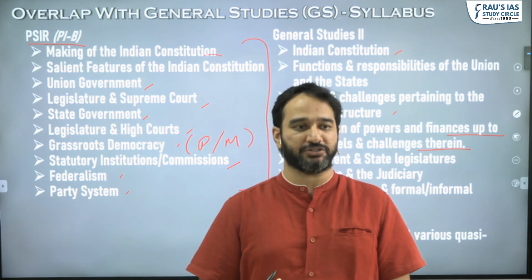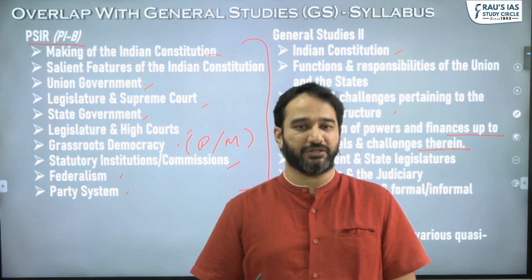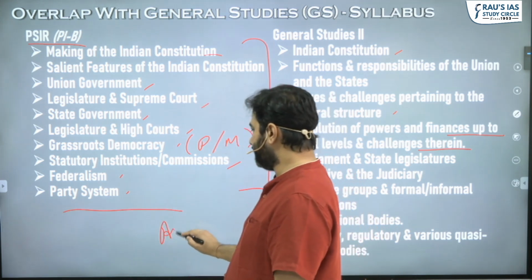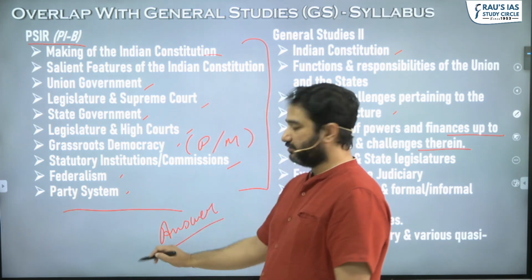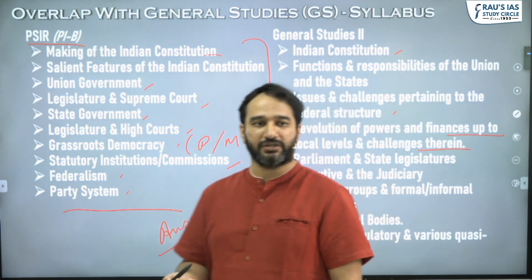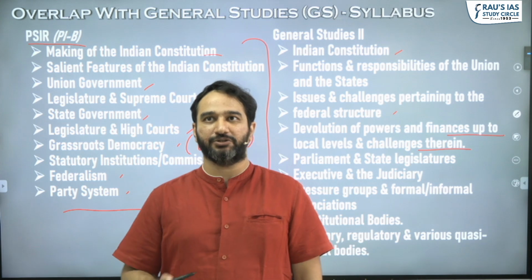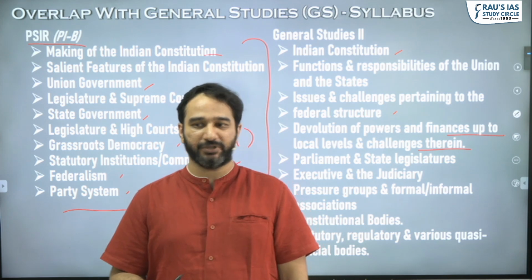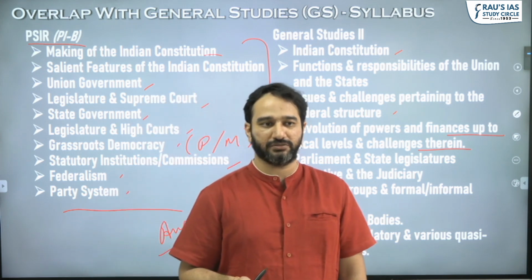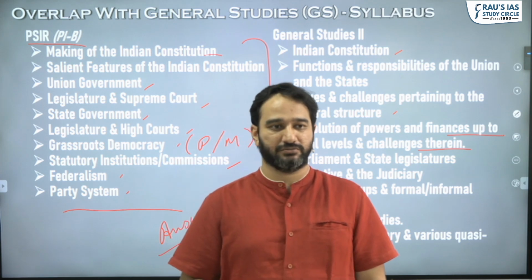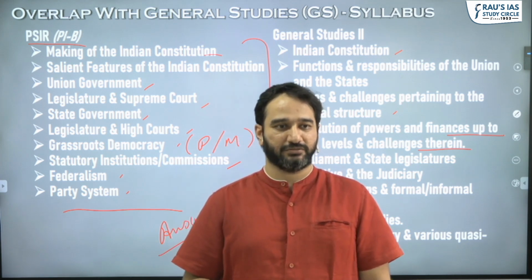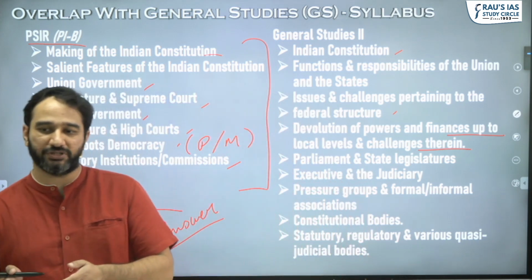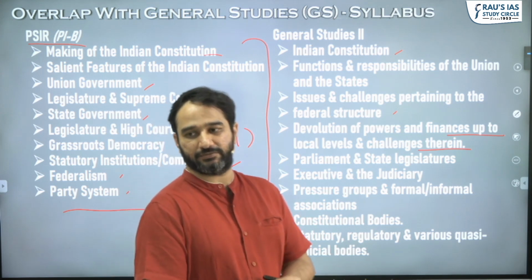I'm presuming you use Lakshmikant to study. Both of them can be done together. The difference is that when you answer within PSIR, you have to use theories and thinkers. But which thinkers? One of the most important thinkers that you use in political science is Dr. Ambedkar himself, what he said in the Constituent Assembly debates, which I anyways make you write within polity. Next is Granville Austin, which you also end up writing. So even in those cases, you find that the scholars that you're using for polity are there also in PSIR.